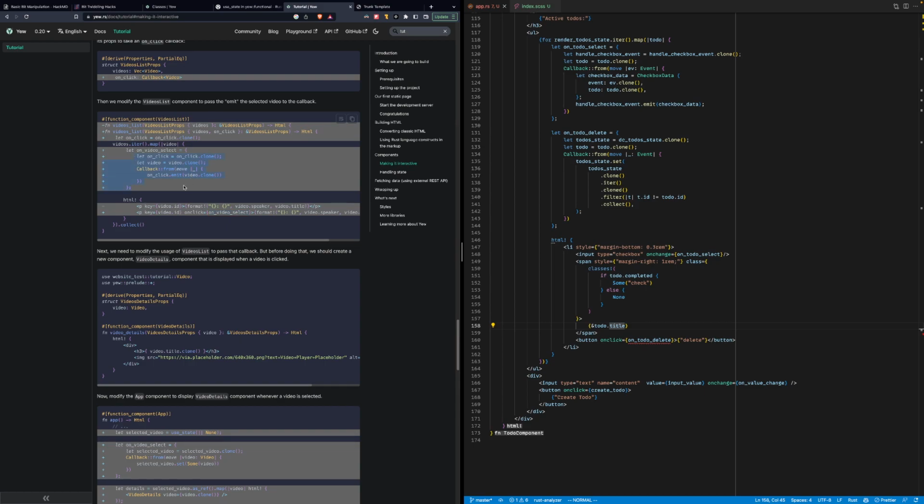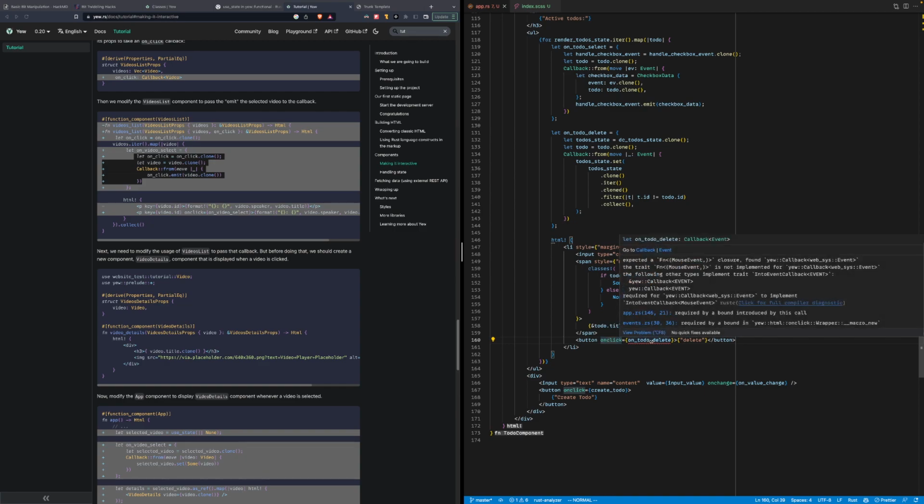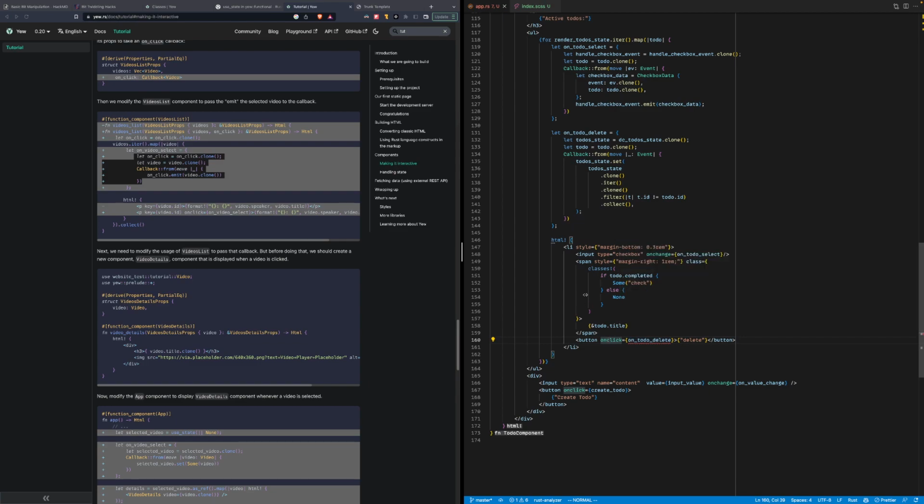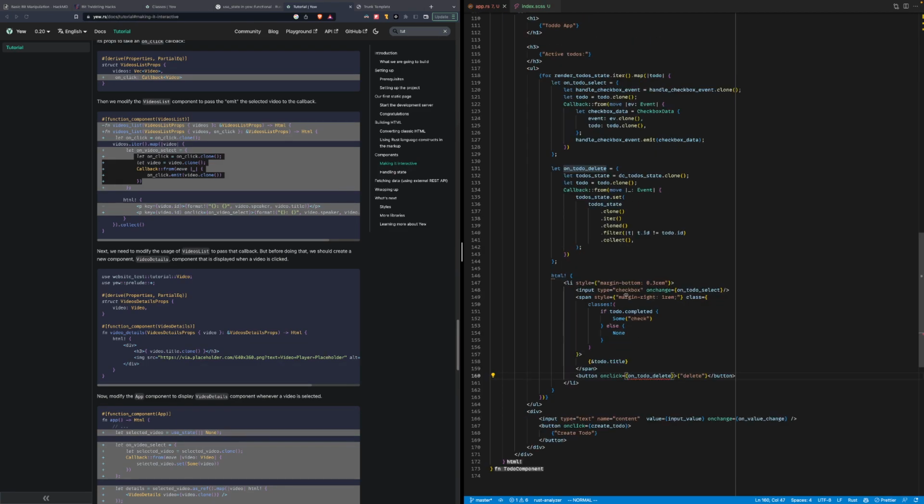I mean, we're doing something similar. I'm not sure why the on click is not working here. So we're not emitting anything, right? Yep, we're not. So can we do something like